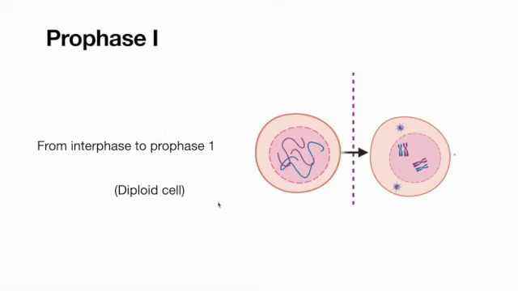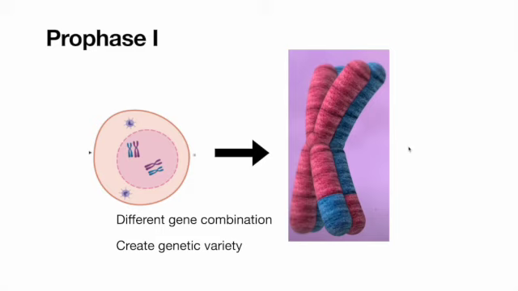It starts with a diploid cell, and from interphase, there is a lot of chromatin. The chromatin then forms together to make a visible chromosome. The visible chromosome then pairs up with its corresponding homologous chromosome. And then in prophase 1, there's an